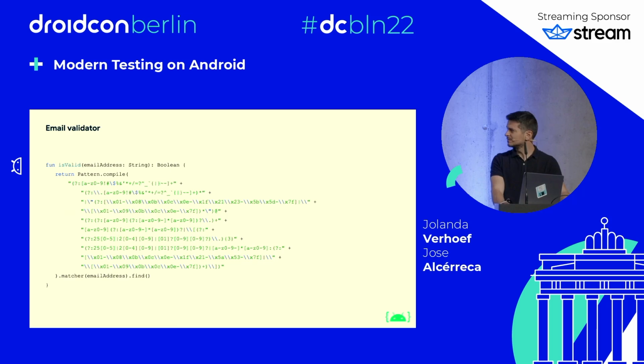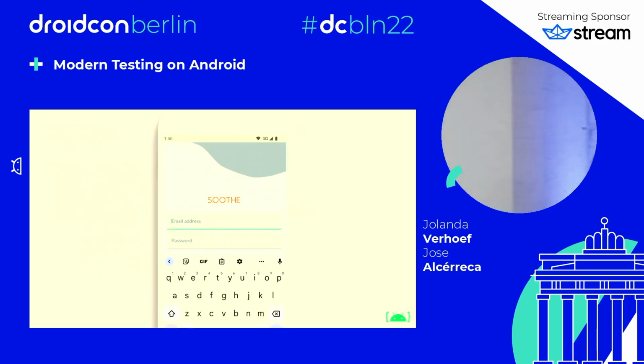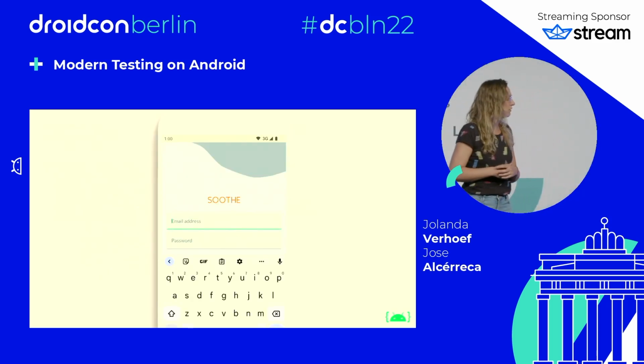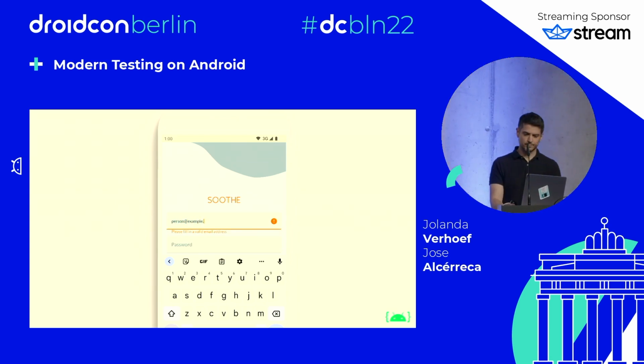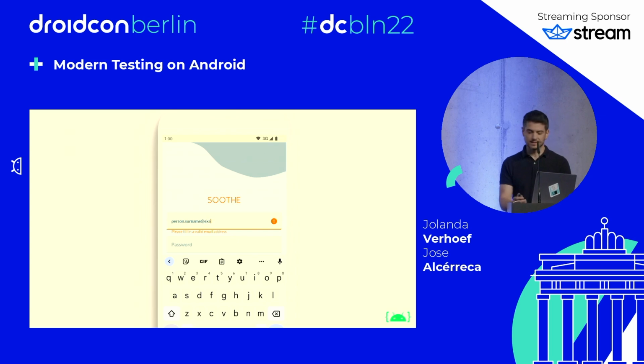Then manual testing. Manual testing. OK, that sounds good. Let's do it. OK, I guess I'll try a bunch of email addresses, good and bad. So person@example.com, person.surname@example.com, and the rest fail. So yeah, it seems to work. OK, very thorough. Now you move on, you get your pull request in, and you continue with writing the rest